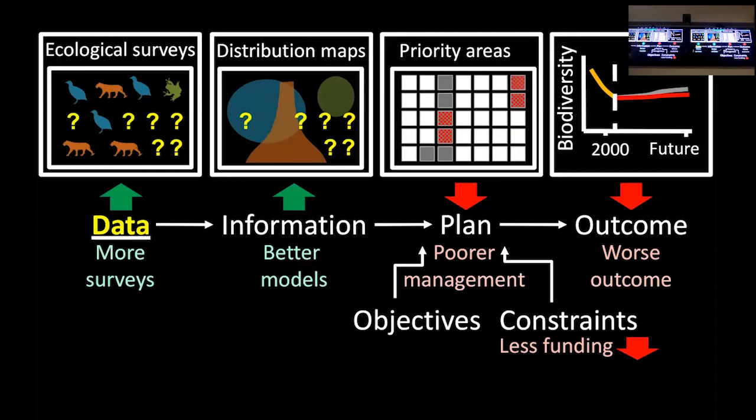So if we had a budget of $100 million and we spent $99 million on collecting data, we've only got $1 million left over to actually do conservation. And if we care about outcomes and not having better data, then that's not so good. So we can actually have a worse outcome than if we just started with what we had. But that's not to say that collecting data can't improve your outcomes as well.